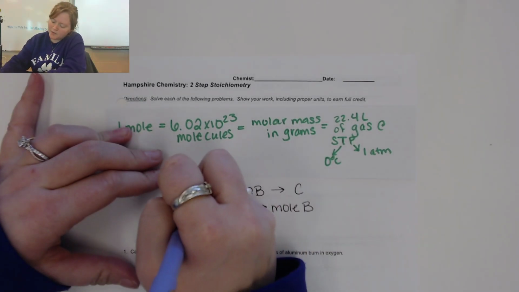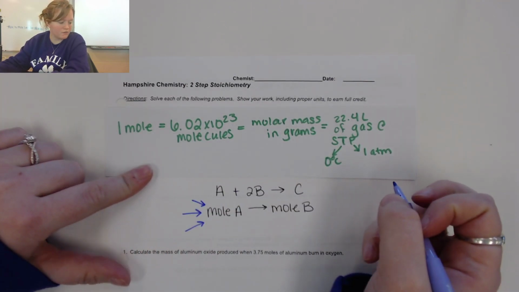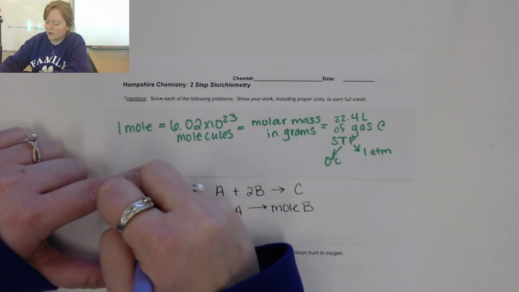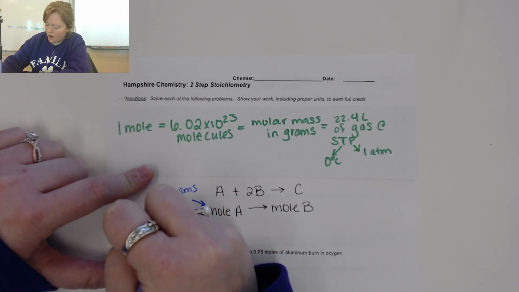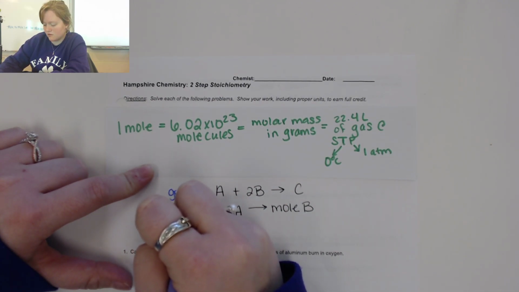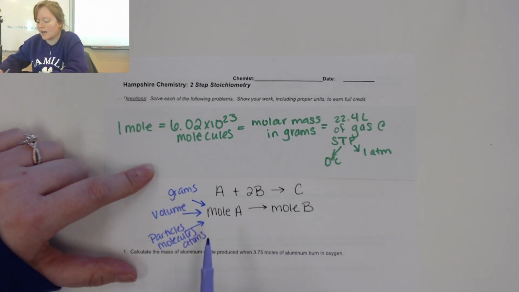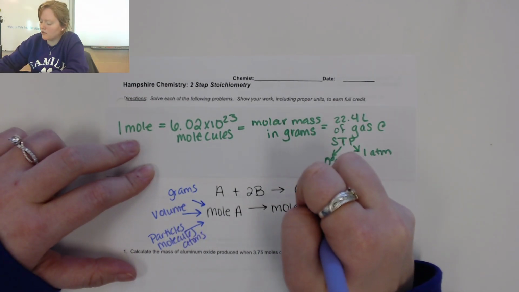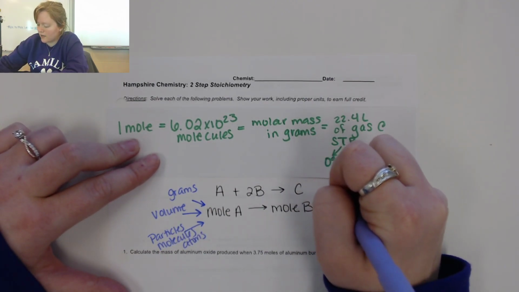We can either add steps in at the front, where we are starting with possibly a mass in grams, a volume in liters, or particles, molecules, or atoms. We could also do this at the end, where we go from moles of one compound to moles of a different compound,